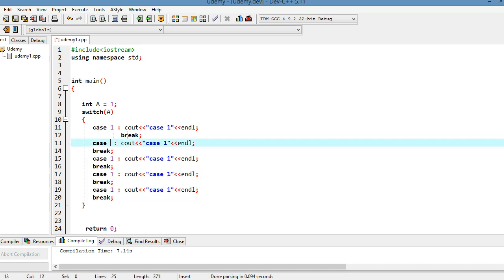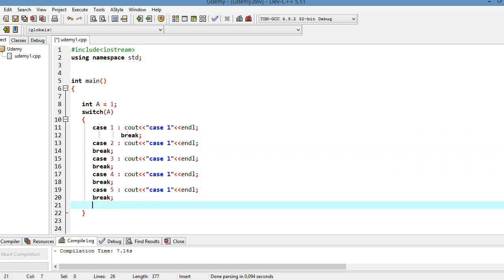Now case 2, case 3, case 4, case 5. If all these conditions fail, then we should have one default case. That is default. In the default case, I am going to output default.